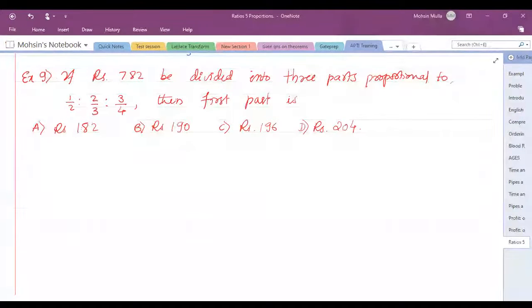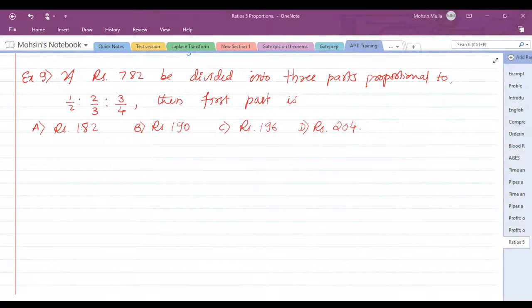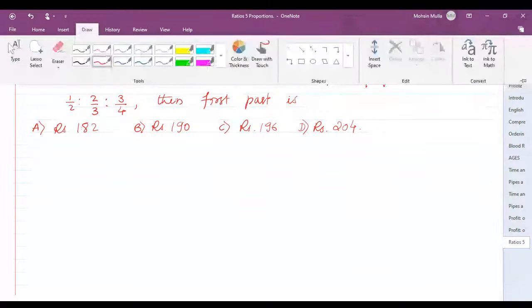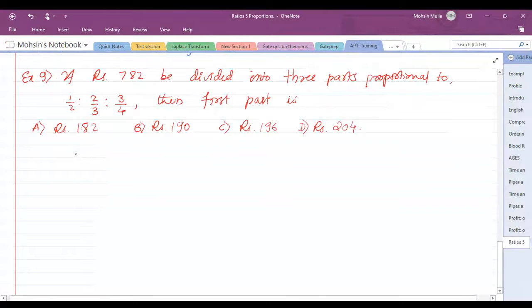Swanand has already written the ratio 6 is to 8 is to 9. That should be the first ratio. After that, you can obtain that 23. Whatever approach you have used is absolutely correct. There is no problem. But whenever we have ratios, we always try to write them in the normal form, not as fractions of two numbers like this. We have to try to convert this into a normal form. Whatever 1 by 2, 3 by 2, everything is there, we can try to have a different ratio for that.